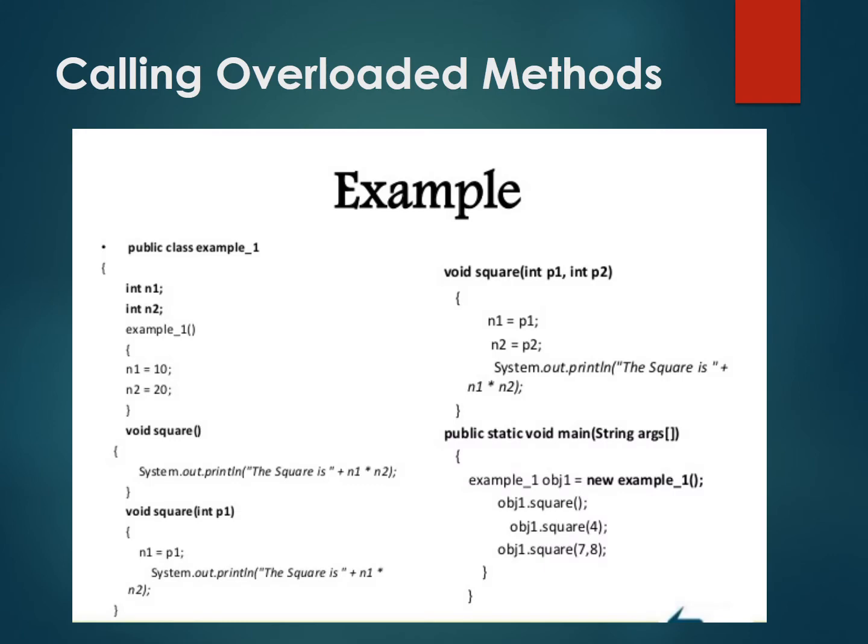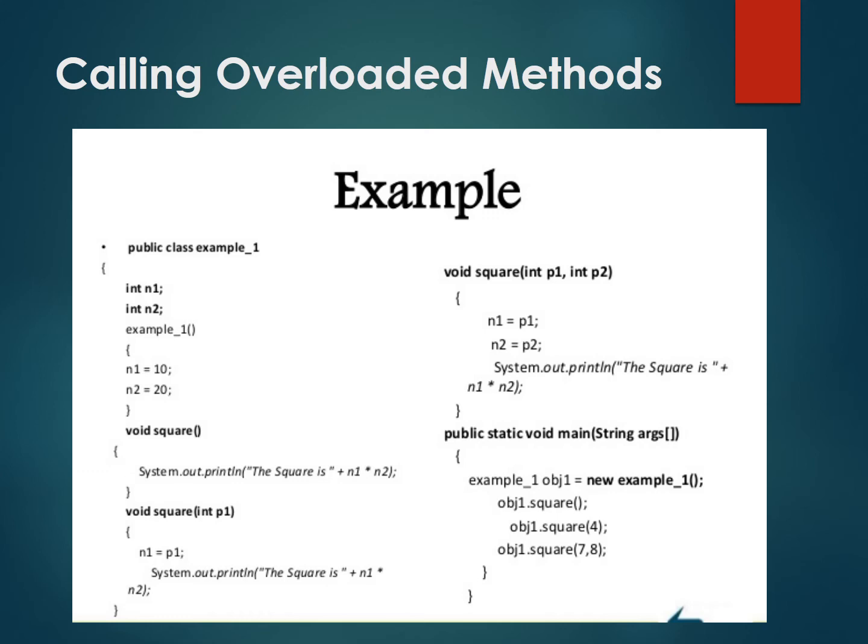One thing also I would like to tell you, that method overloading is also known as polymorphism, because here the methods are having the same name but their behavior is different. That depends on the number of the parameter list. Next is, how can we make a call to the overloaded methods?